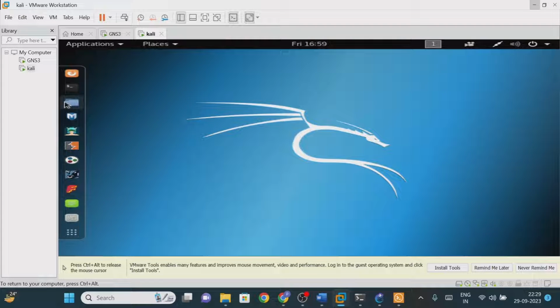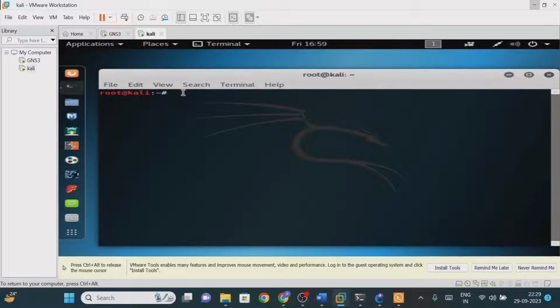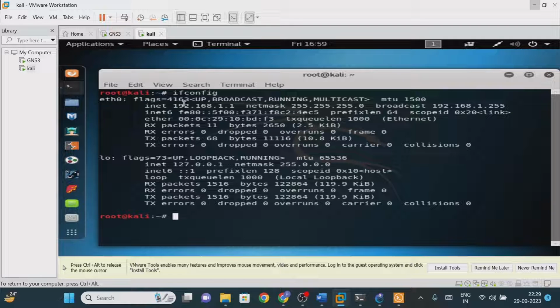So now open the command line here, right? So the terminal is open here. Now if you want to see the IP address, what is the command we need to use? ipconfig. See what IP address we have set? 1.1. What is the net mask? This one, right? Fine.